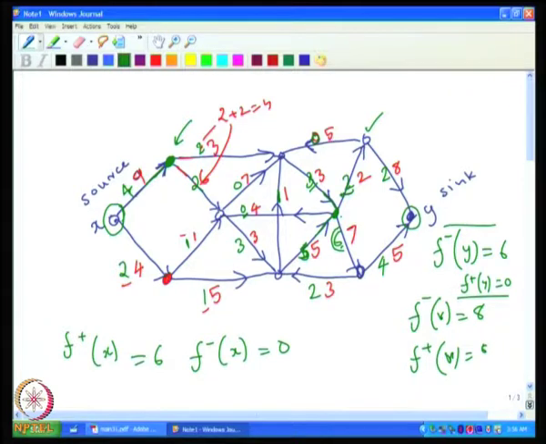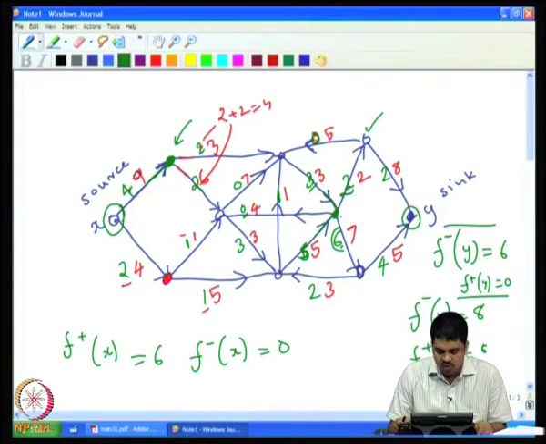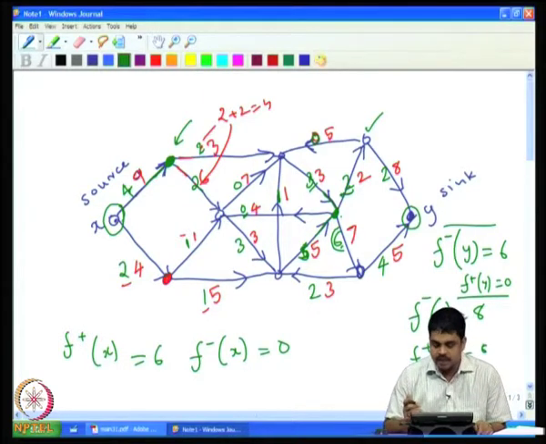So, the sum of flow values on the incoming arcs should be equal to the sum of flow values on the outgoing arcs. This is one main condition, and the other is the capacity constraint, namely that all flow values should be non-negative, greater than or equal to 0, and there is an upper bound on each arc, namely the capacity of that arc. You cannot push more than the capacity of that arc. It is always so in real life, because you cannot push infinite